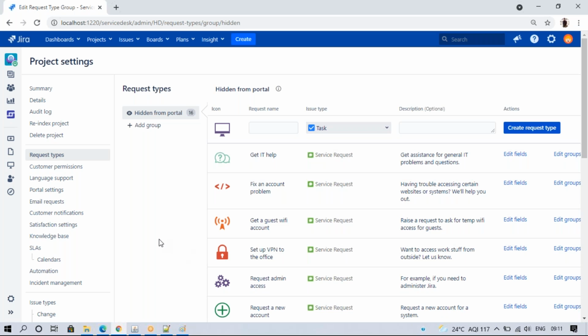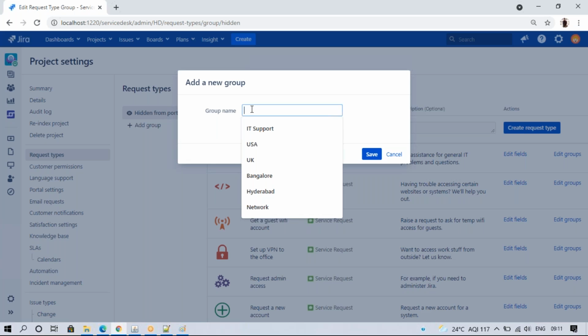First we have the groups. You can click on group and enter a group name, anything like IT support, or I'll enter location-wise names, like Karnataka.